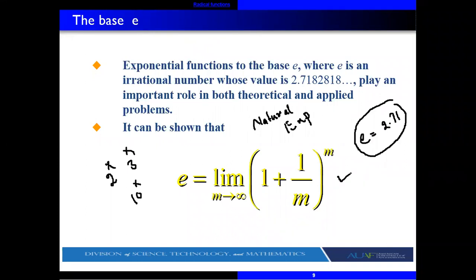The general form of the Euler function is this one, but I will solve an example on this one. I'm not going to explain these things. Yes, wait, wait, wait. We have 3 minutes.